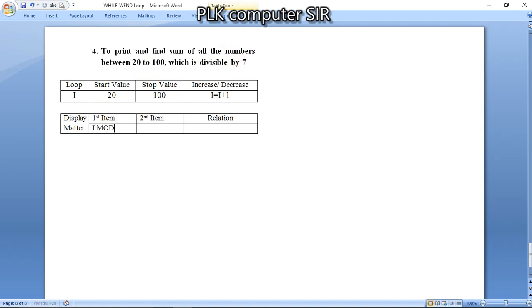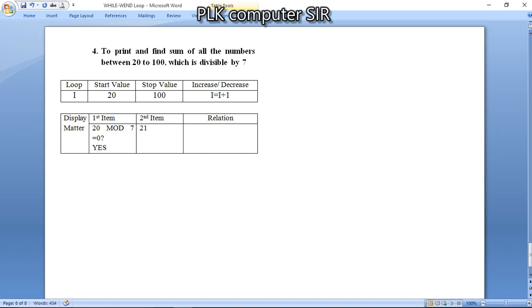I mod 7. If it is 0, if the condition is yes, then we will display, otherwise we will not display.